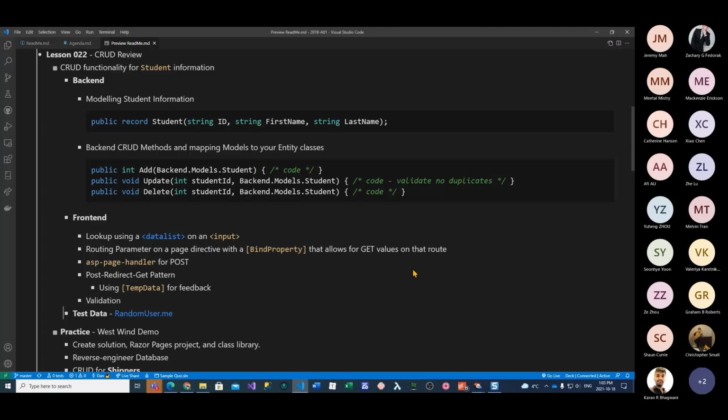And the methods that we're going to need on our back end to do our CRUD will be ones that use this student class. And I'll be putting this under the backend models folder. So our business logic layer class will have the add, update, and delete methods working with that backend information. The update and the delete will have some additional pieces of information regarding the student ID. So that's the essence of what we're going to go and work with on the back end to get things